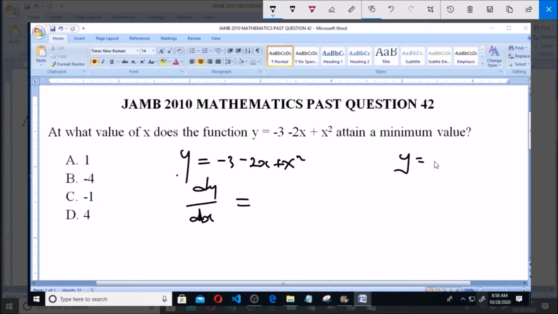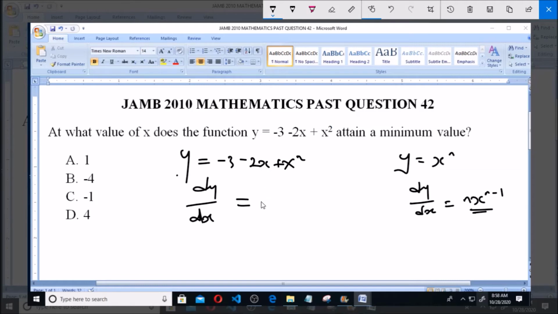now like we know, when we have y = xⁿ, this simply means that dy/dx is equal to n x raised to the power of n - 1. So this is what we're going to be applying here also. Now looking at this -3 here, it is a constant, so it will be 0. Now we have -2x, meaning that x is raised to the power of 1,